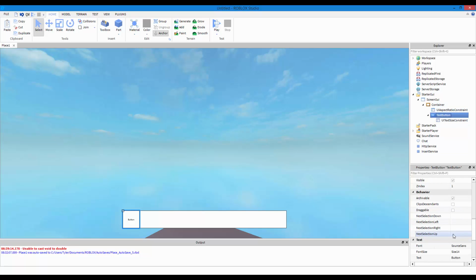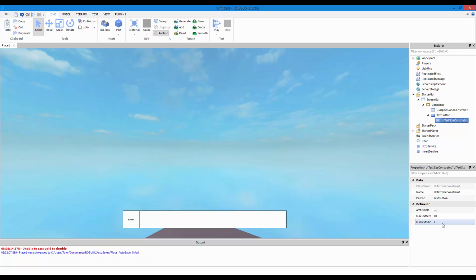So whatever you change right here, I don't think it should work. Yeah, it's not gonna change anything right here. But I'll change it back to 10. So the text size right here is depending on whatever is right here. So this is pretty much the max size, the minimum size.